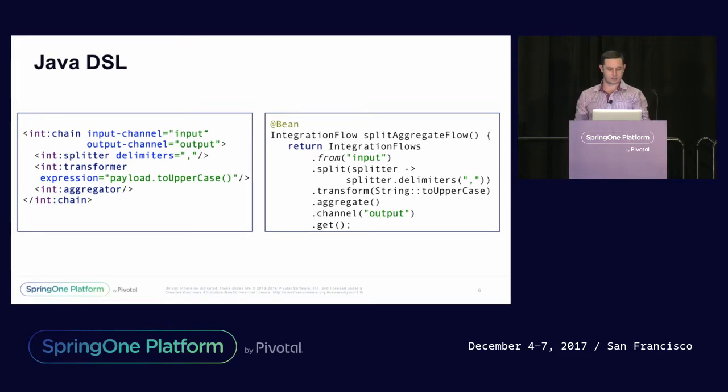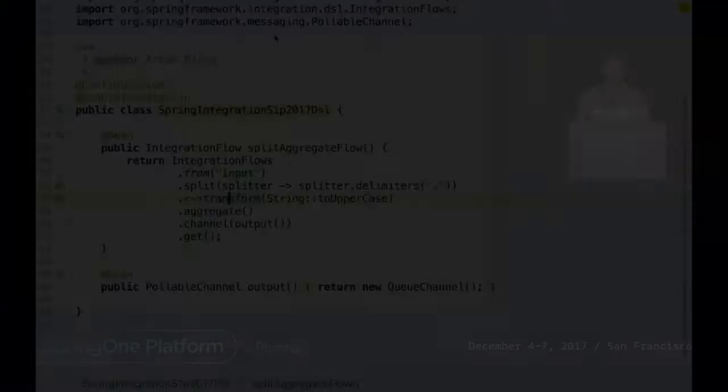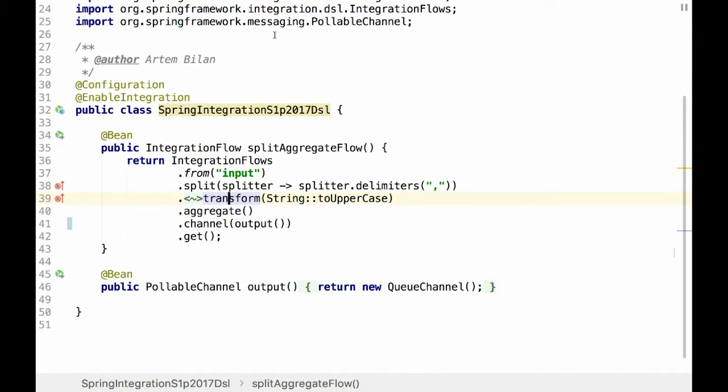Let's see this sample at work. The idea behind the Java DSL is to produce some artificial bean, called an integration flow. This is a logical component which connects integration components together and exposes them as beans into the application context.